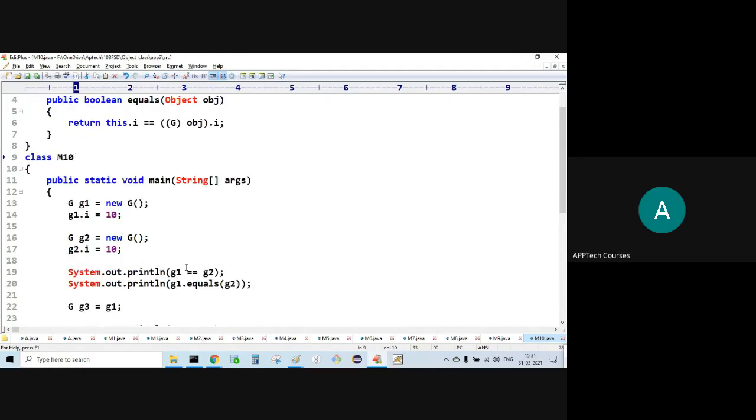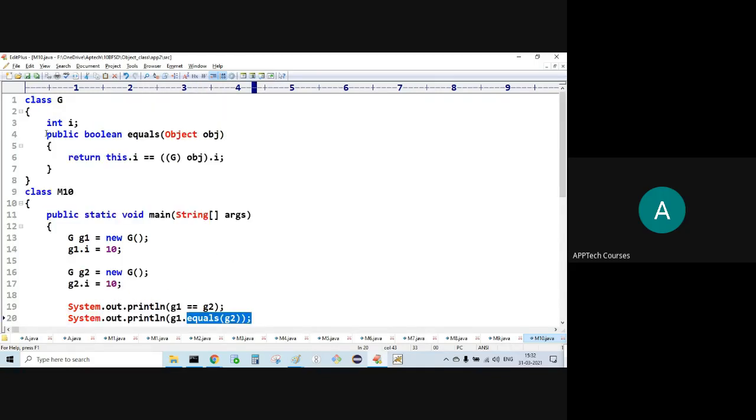Now, double equals, what is that? It compares whether two references are pointing to the same object or different objects. But here I have overridden the equals method. It accepts an Object type obj and returns whether the current object's data is equal to the argument's data.